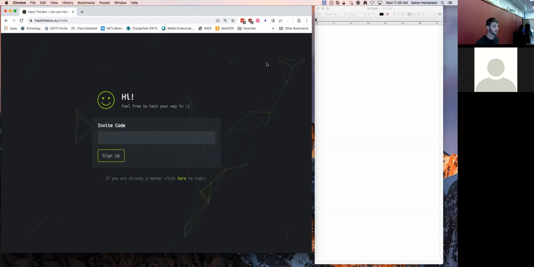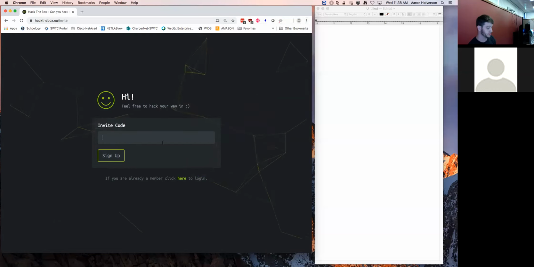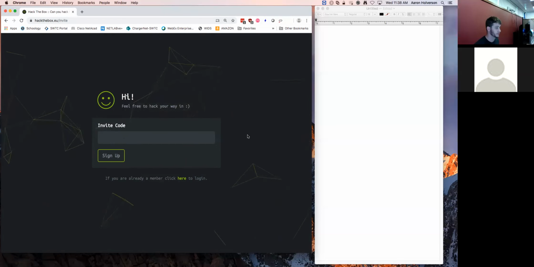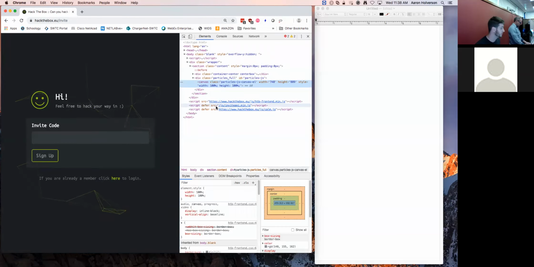Apple products. How do you get into dev tools on Apple? Right click. You should be able to inspect that element. Exactly. Yeah, that's where I need to go. Okay. And then from here, you would look for